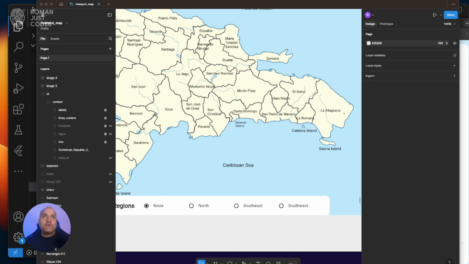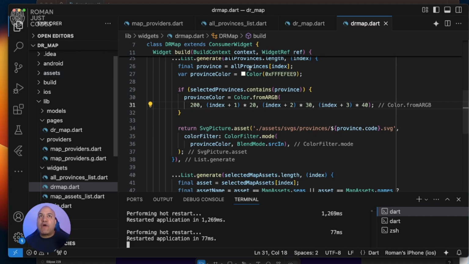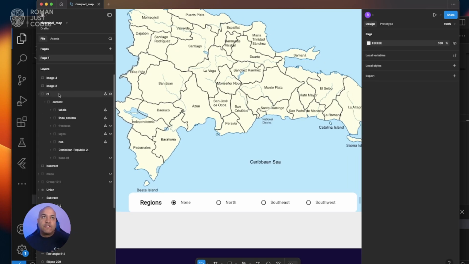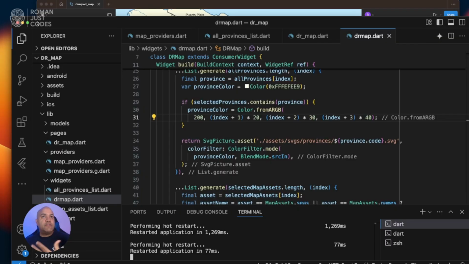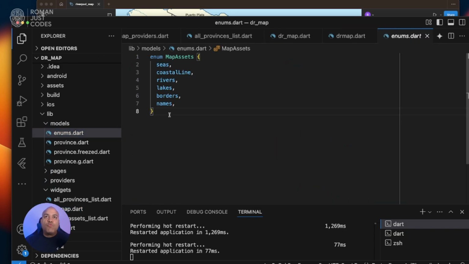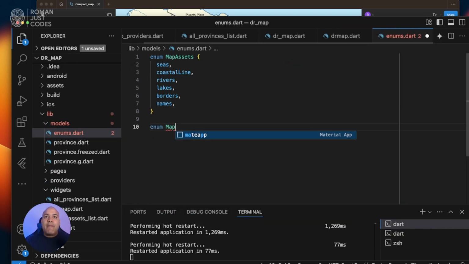We're going to start by defining the model that will drive that functionality. As you see, we need something that represents the multiple regions that we have, plus the none, a way for us to reset all the regions. We have 3 main regions in the Dominican Republic, and we're going to use that. We're going to use the same approach as before. We're going to create a provider that feeds this widget. So we're going to go to the models folder, the enums, and we're going to create an enum called map